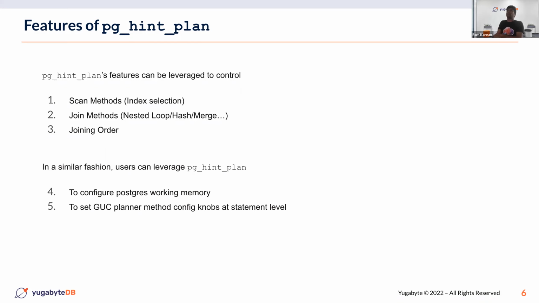Right. So, for instance, Postgres has a working set of memory that can be assigned to every Postgres session. Using pg_hint_plan, that working set of memory can be made more fine-grained at each query level. Right? And I have an example to actually show this too. And lastly, right,